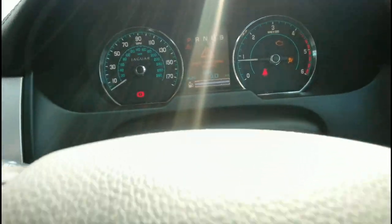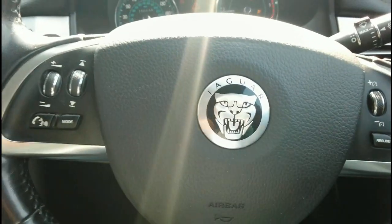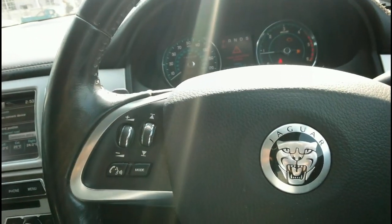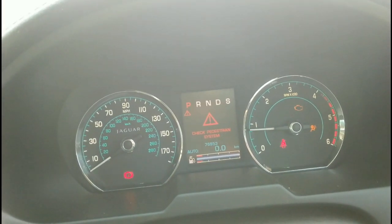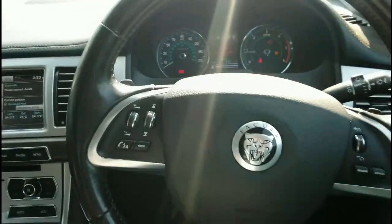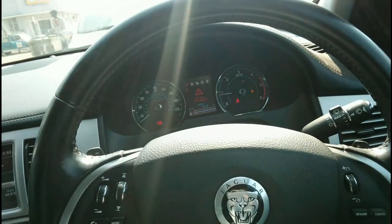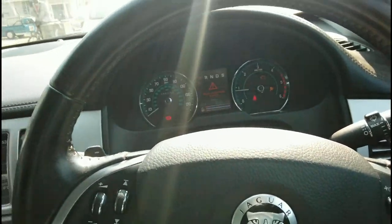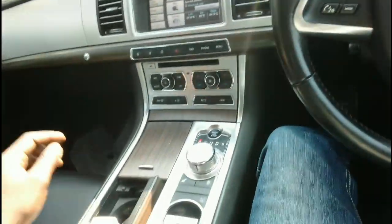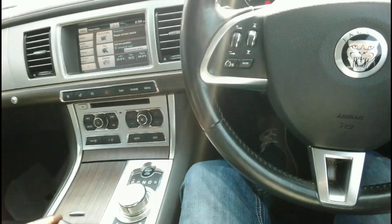So today I've got a Jaguar XF of the year 2011. It has got a DPF problem. Therefore, you will see inside the instrument cluster, it will write DPF full, visit the dealer. It will also write performance is restricted inside the driver information display. So I just collected it from a customer again, and what we're going to be doing is, since they'd already